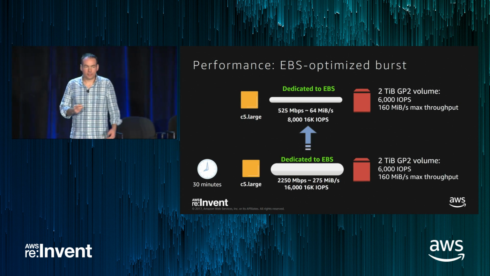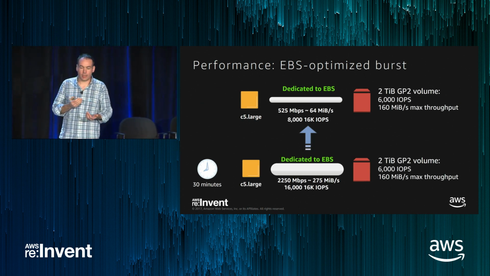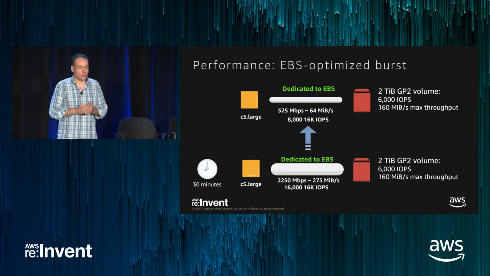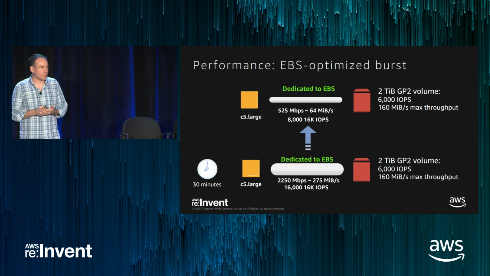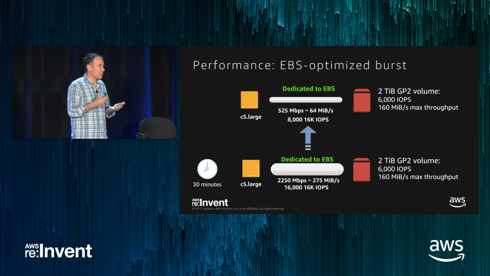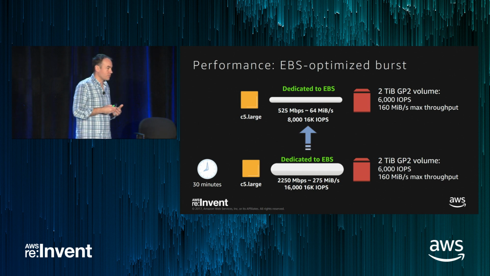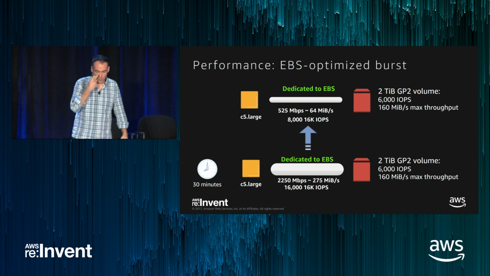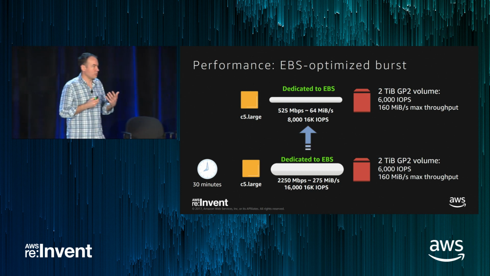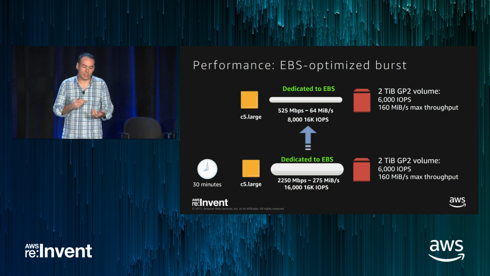Now with C5, continuing on using data, we took a look at how customers use EBS-optimized instances. And one of the things that we realized is that a lot of customers on smaller instance sizes have bursty workloads. We noticed it in volumes. We also noticed it in aggregates of volumes. And so we were able to change the way that we thought about EBS-optimized for our smaller instances